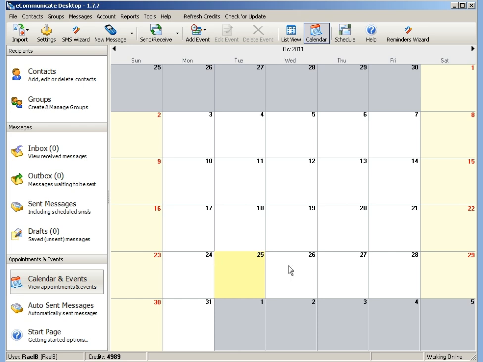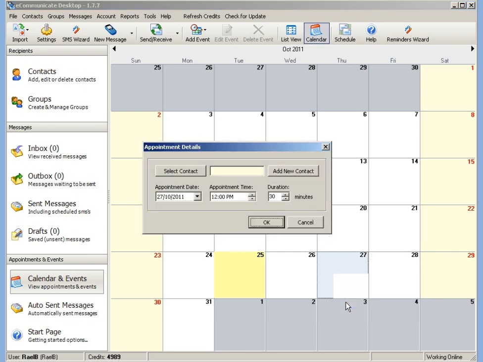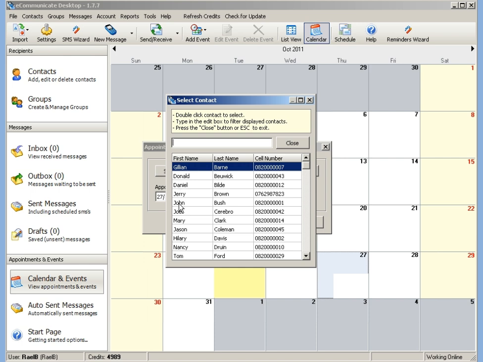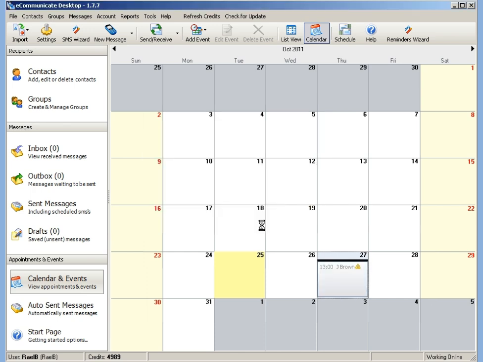So now, what is the SMS reminders feature? For example, if we make an appointment with somebody for the 27th of October, let's add an appointment. I right-clicked on the 27th and we're going to make the appointment with Jerry Brown for 1 p.m. Okay. Now, as we make this appointment,